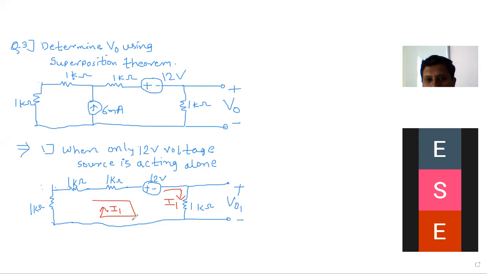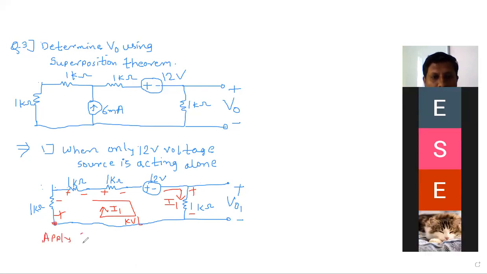So according to this current I1, because plus is here, plus will come here. Why I have taken the clockwise direction? Because according to this plus. So plus means when the current enters at that point, there will be the plus. Right? So according to this direction, this is plus minus. This is plus minus already given, and this is plus. So apply the KVL. Apply KVL in this loop.